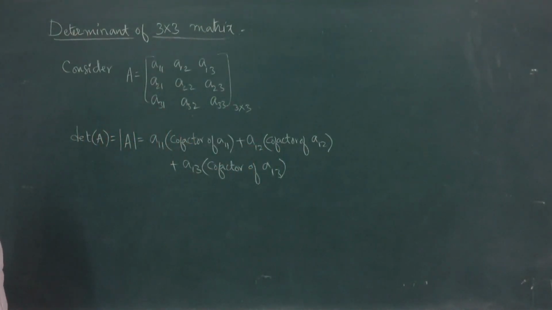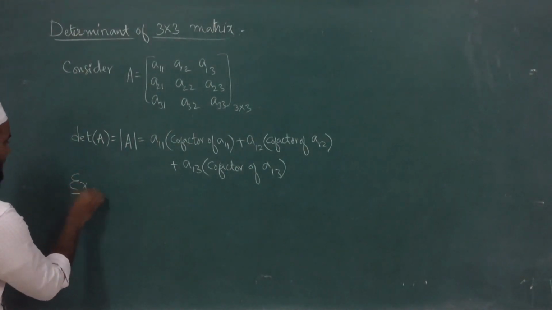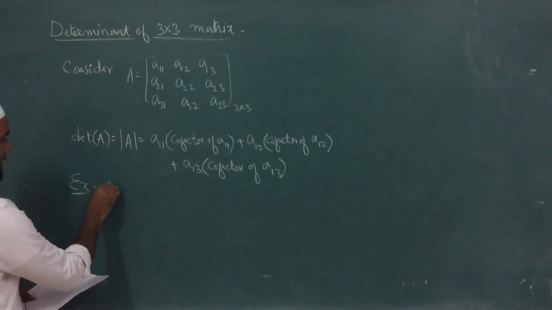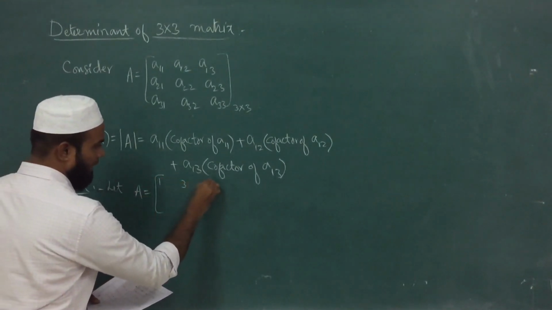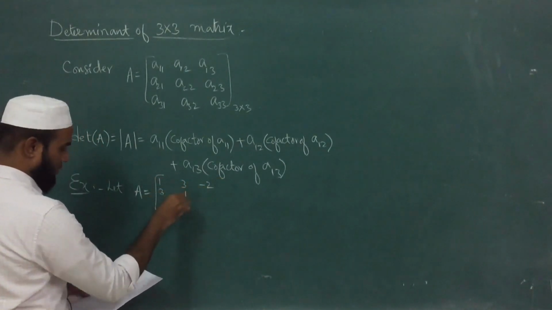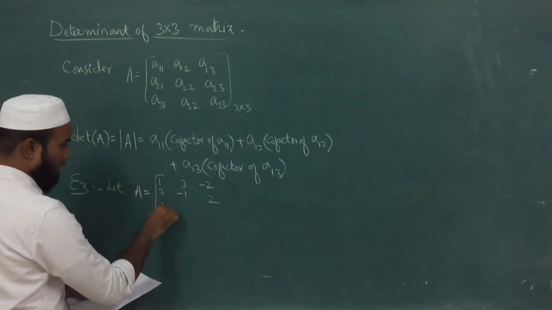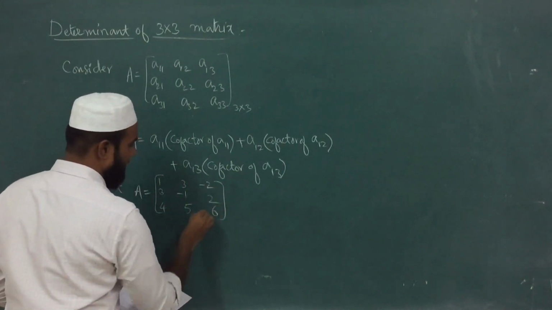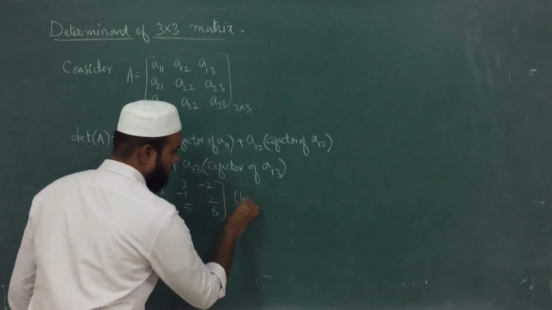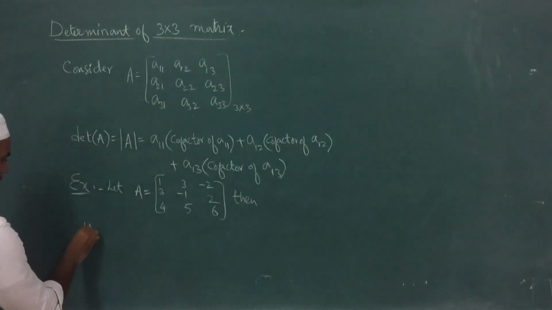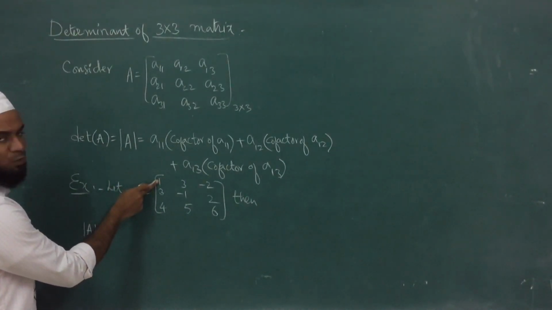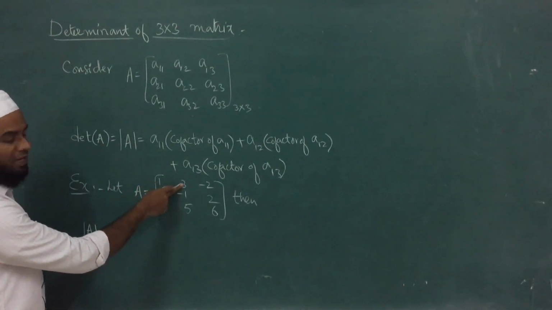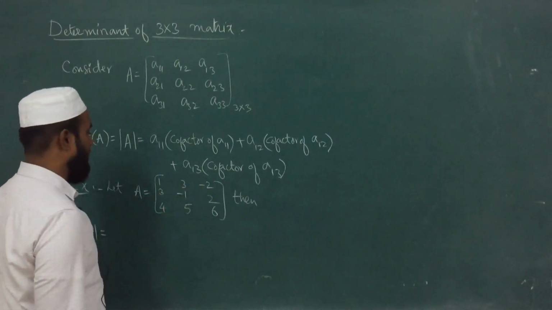We will see one example to understand this definition, how to evaluate the determinant. Suppose I am having the matrix, let A equal to the matrix given by 1, 3, minus 2, 3, minus 1 and 2, 4, 5 and 6, right. Then determinant of A is defined as, according to this definition, first entry into its cofactor plus this entry into its cofactor, then plus this entry into its cofactor. So, 1 into